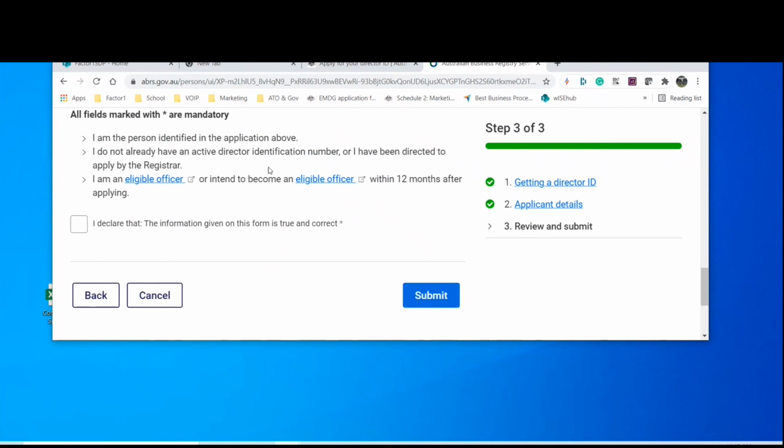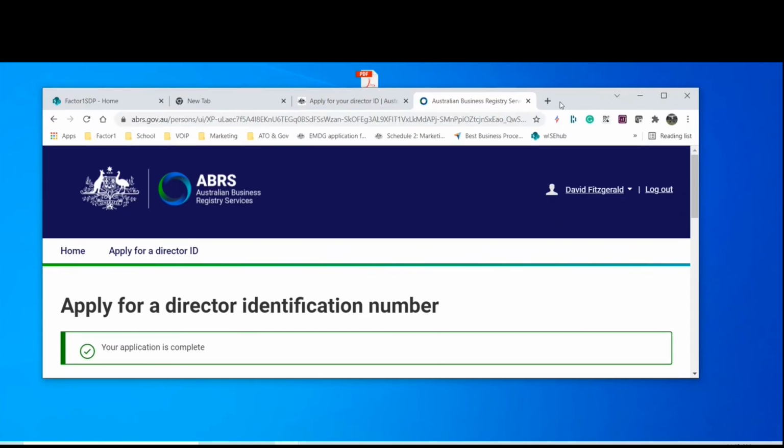So we get to this stage, I've marked all the fields. I'm agreeing to these things. I'm the person identified, do not already have a director's ID, and I am an eligible officer, or I intend to become one. Yeah, we'll tick that and we'll hit submit. So I'll just again move that to the side. Okay, so